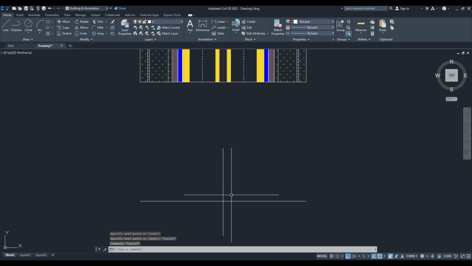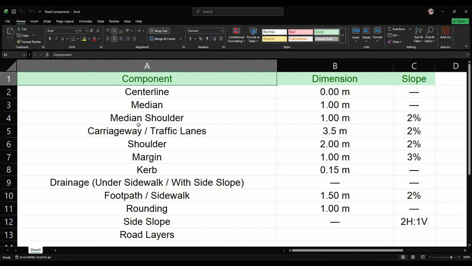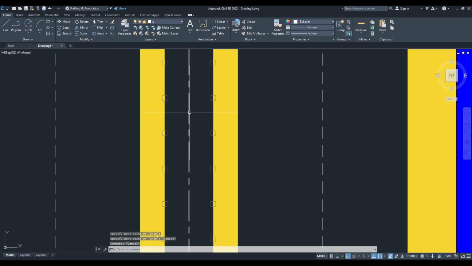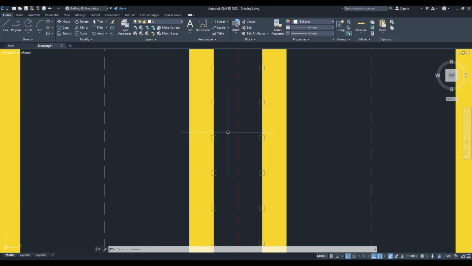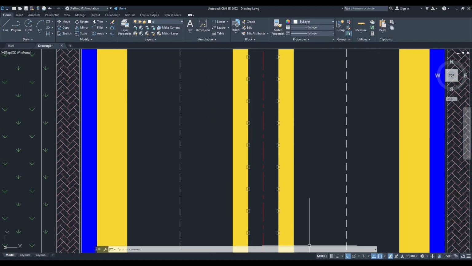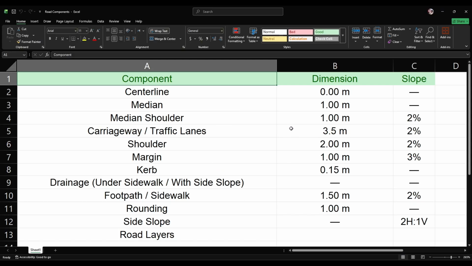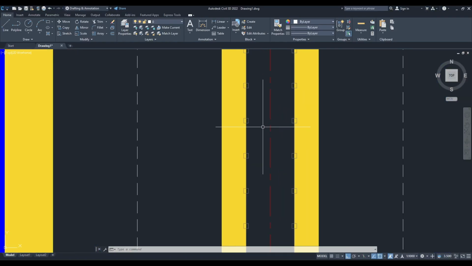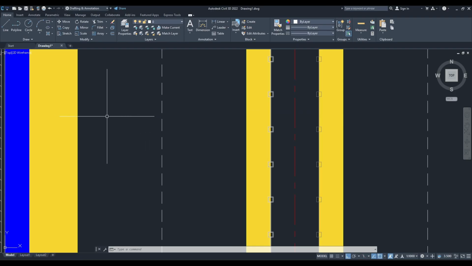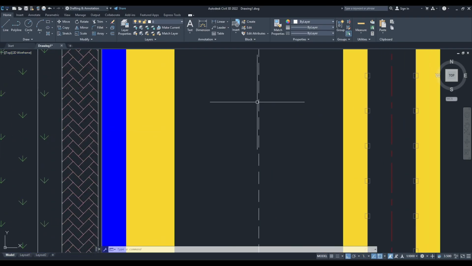Now let's say if we want to give the elevation to the median, because median is the highest part of the road, because median the center line, then there is a slope of 2% starting from the shoulder. So this part is the highest part of the road, and then a slope starts from here to here in the downward direction,